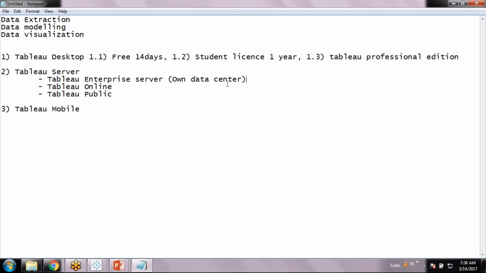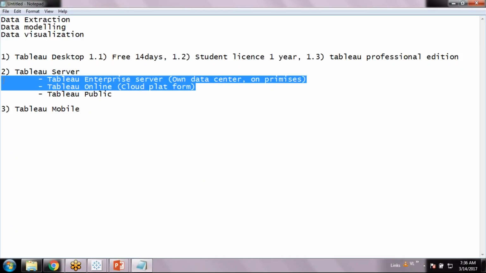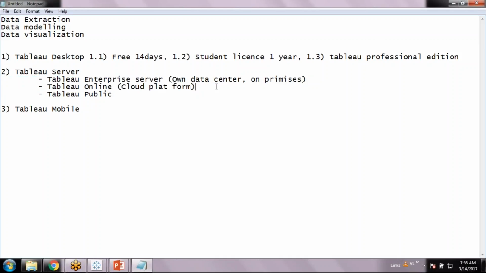It needs your own data center or on-premises installation. Now this one is a cloud platform. Let me tell you, these two are license based. There is no free of cost. You can use it, but yes,